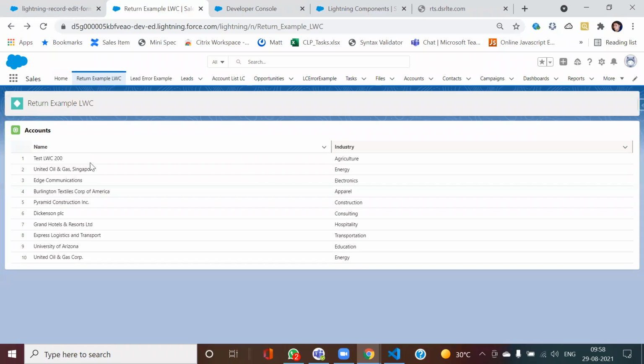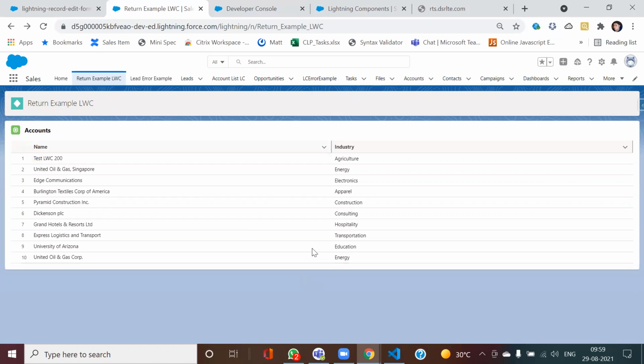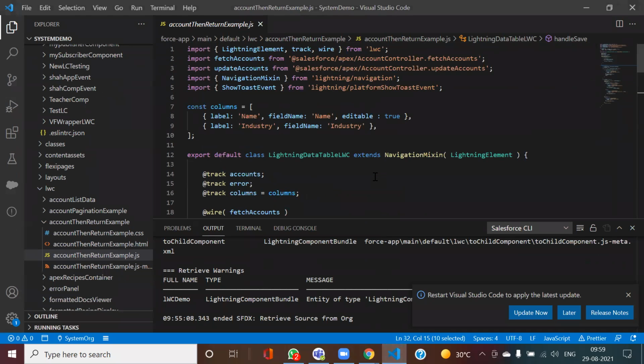The second thing that I want to discuss is how this is happening. Let us see. If you see here, I have written this controller.